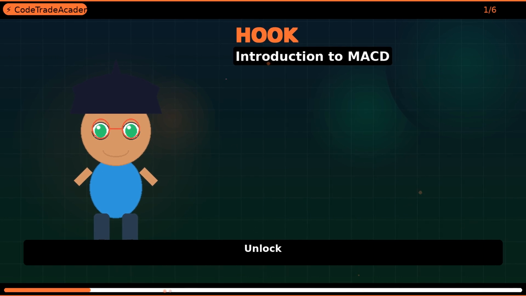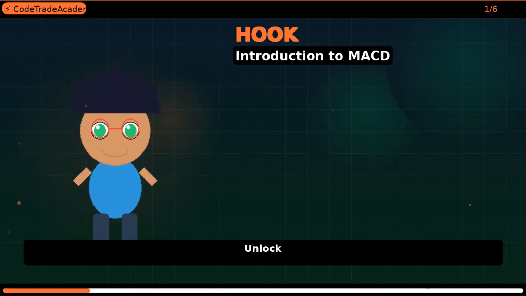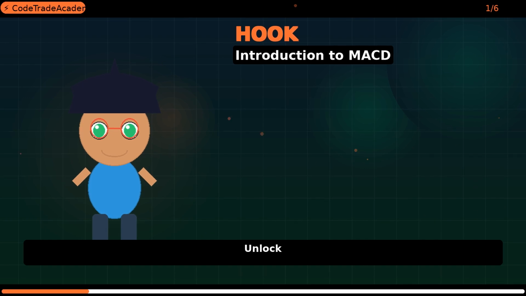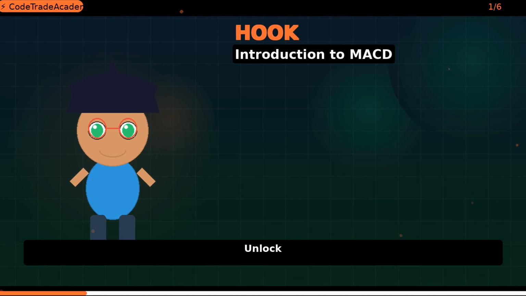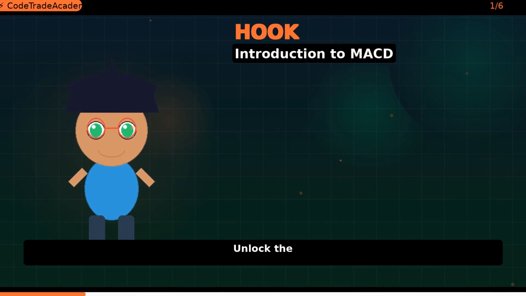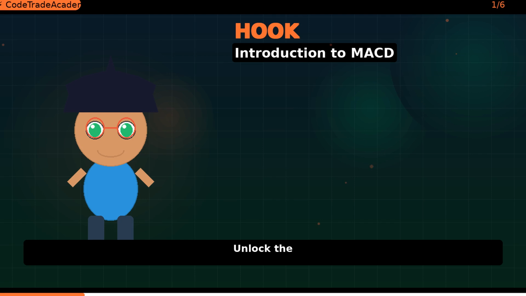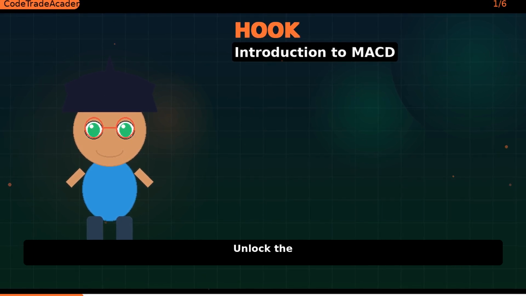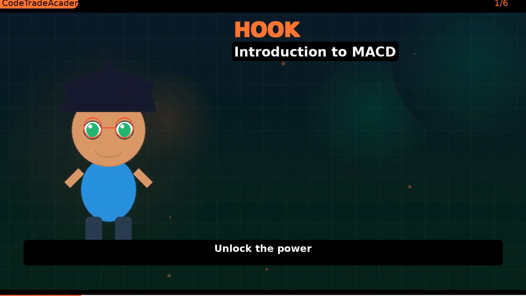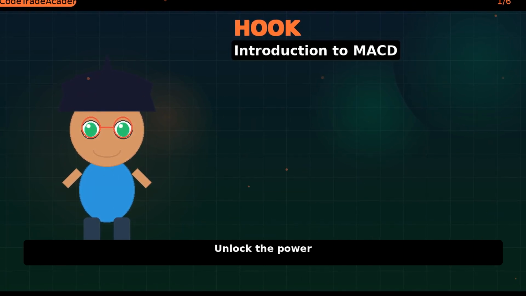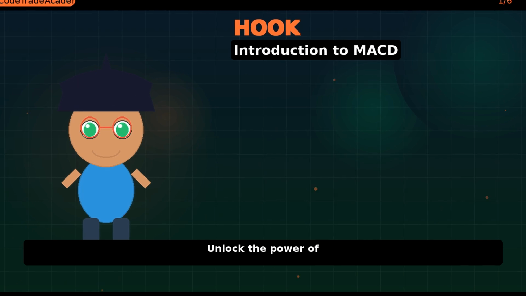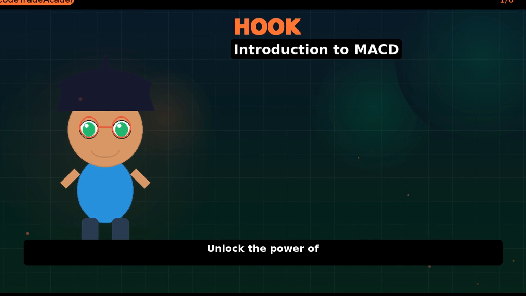Today, we're going to talk about the most powerful indicator in trading, MACD. I know what you're thinking. What's so special about MACD? Well, let me tell you, my friends. MACD is like a superhero of indicators. It can help you identify trends, predict price movements, and even give you a heads up on potential reversals. It's like having a crystal ball in your trading arsenal. So, if you're ready to unleash the power of MACD and take your trade